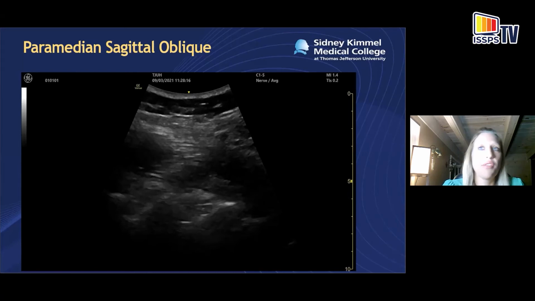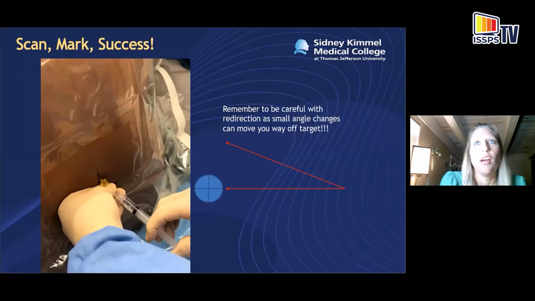I just wanted to really point out that you should remember to adjust your gain and adjust your focus while you're imaging the obese patient, because it can help optimize your images. So here, again, I'm looking at the interspaces. I've actually scanned up from the sacrum to identify the L3-L4 space, and we can see the lamina, the horse's heads, and the posterior complex there at about 7.5 centimeters. So as I like to say, it's pre-scan first, mark, and then success.